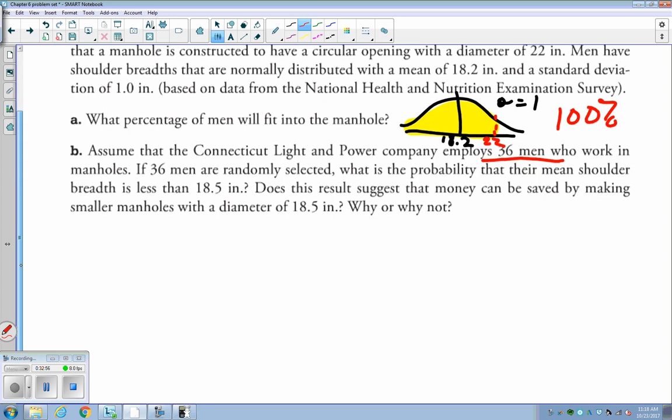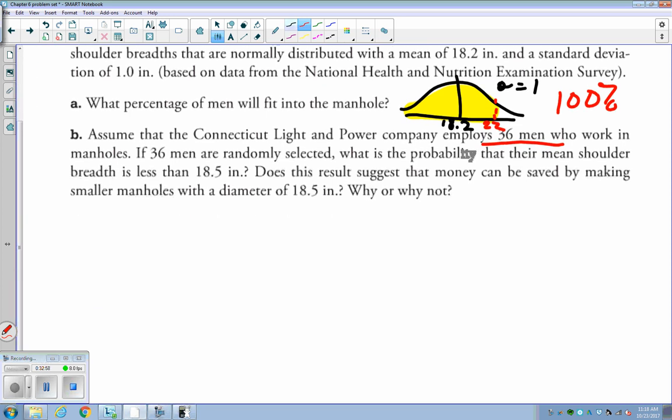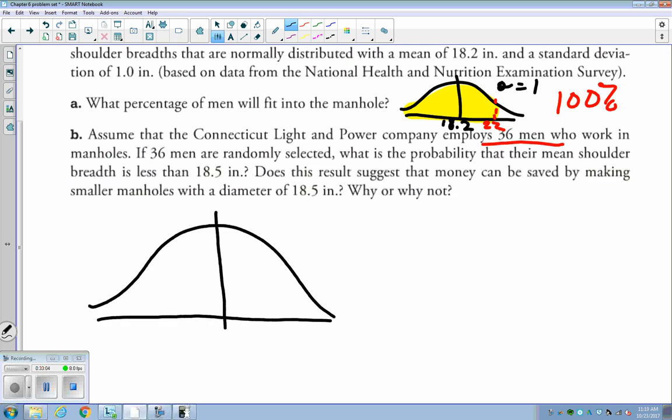So now the mean is still 18.2, but my standard deviation is going to change because now I have a random sample, and I'm going to end up taking 1 divided by the square root of 36, or 1/6, which is going to be